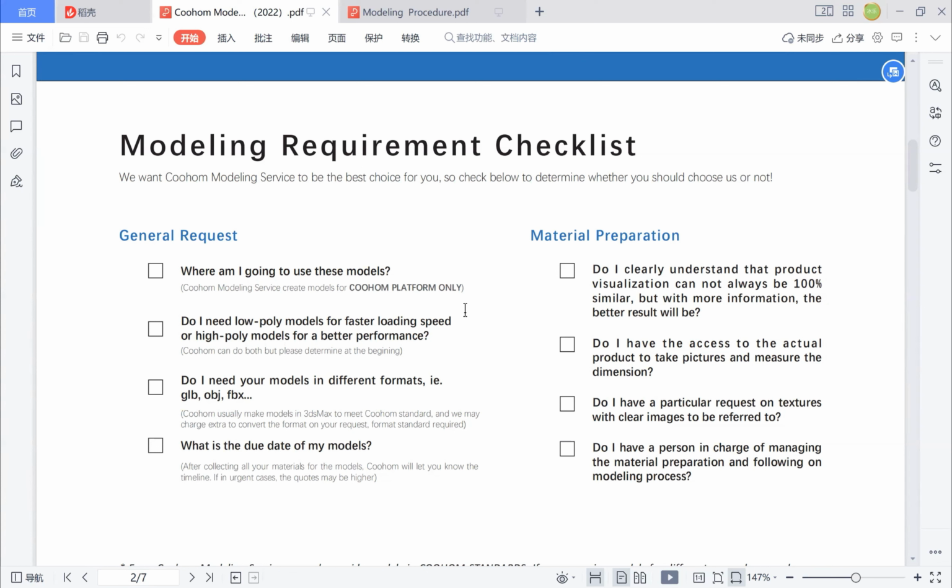Okay, so these are the basic information we want you to make sure of before you hand in the modeling request. And then I want you to make sure that you have the capability